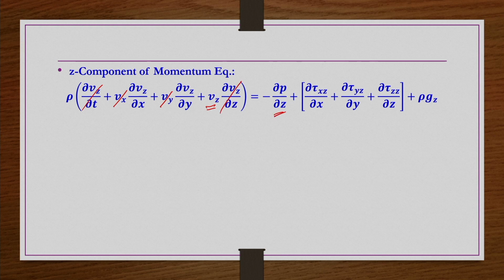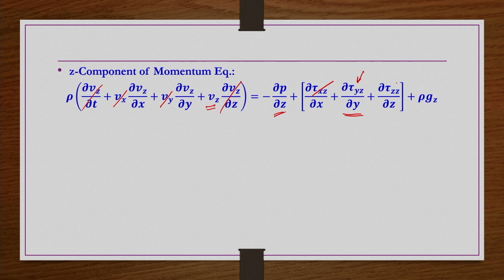Pressure we do not know, so let us leave it as it is. This tau xz is not existing, tau yz is existing, and tau yz is a function of y. Shear stress is 0 at the center between two parallel plates, and it is maximum at the wall. So, moving from the center to the wall, y equals 0 to y equals plus h, or y equals 0 to y equals minus h, the shear stress is varying. That is the reason we cannot cancel out this dou by dou y term.